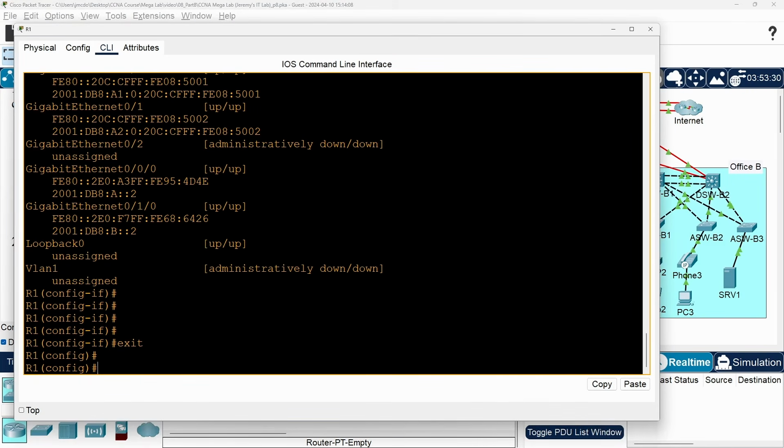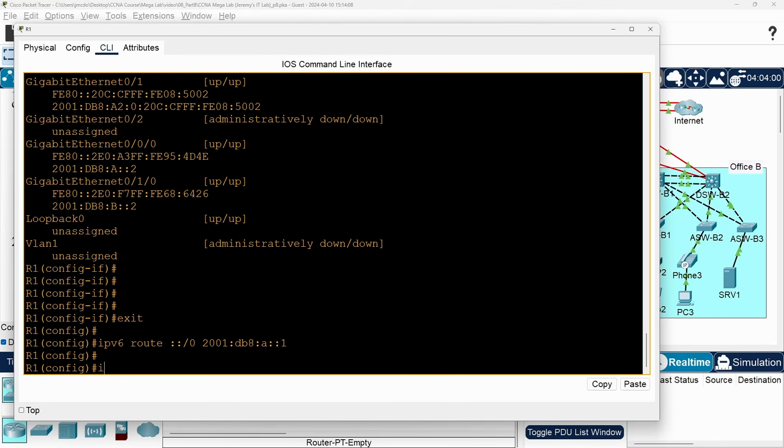The instructions say the first route should be a recursive route, meaning it should only specify the nexthop IP address. So, ipv6 route ::/0, that's the equivalent to 0.0.0.0/0 in IPv4, and then the nexthop is 2001:DB8:A::1.